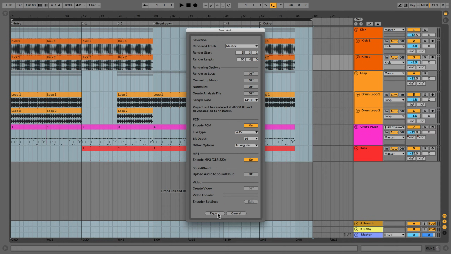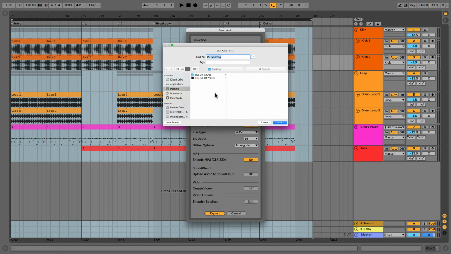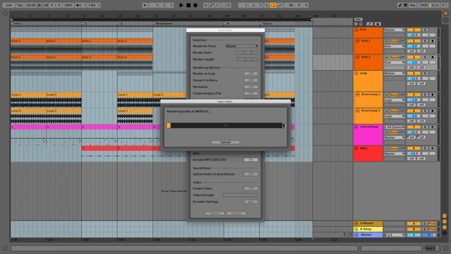We'll just hit export. And it's going to ask me where I want to save it. So we'll just go for the desktop. And we'll just call it exporting. And we'll click save. And if we have any external hardware, we're using any hardware